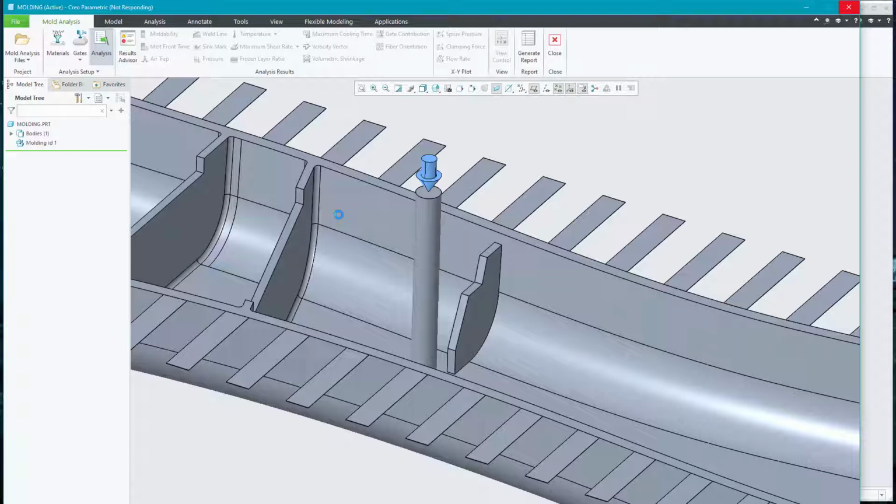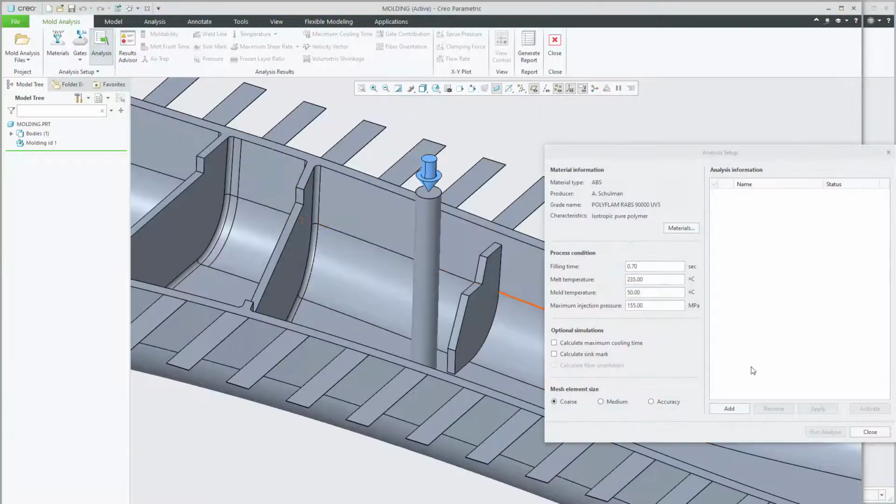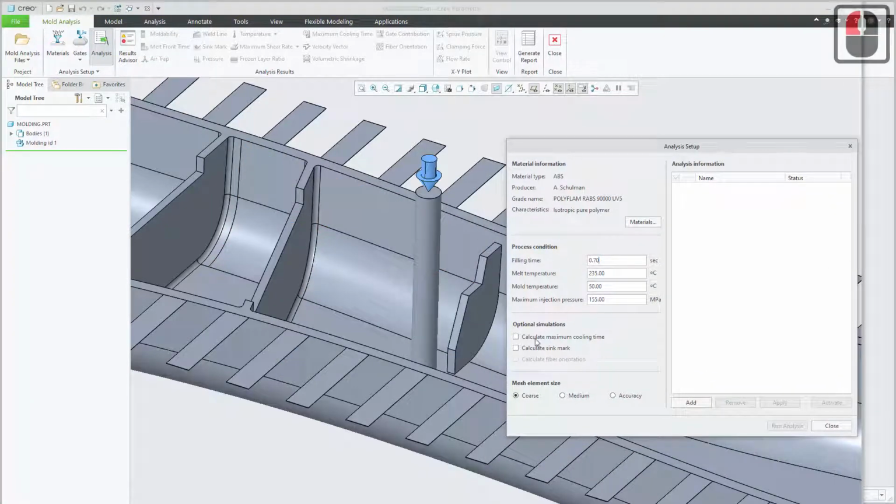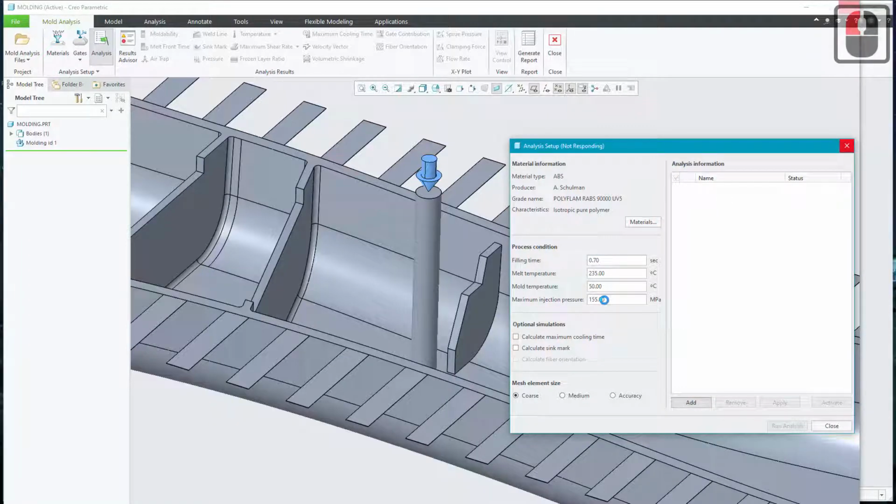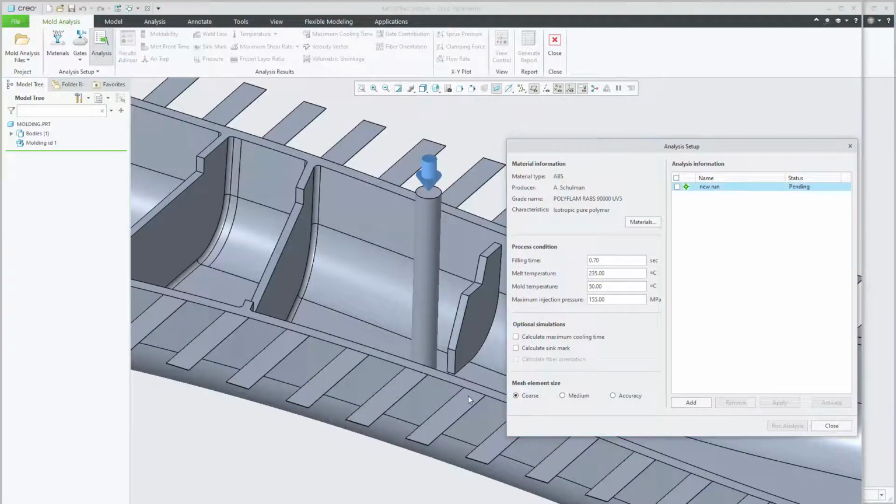So the system's thinking about that now. We should get our analysis window. So yeah, we could set up a new analysis here. We could add it into the list, run the calculation. And now, hopefully, some of the areas that we were getting problems, such as air traps, the air may be